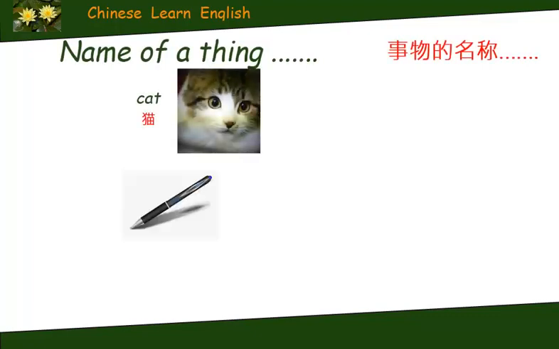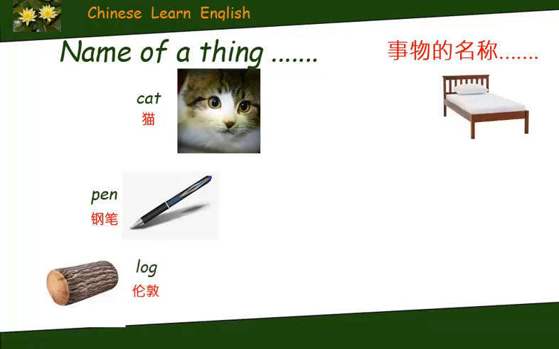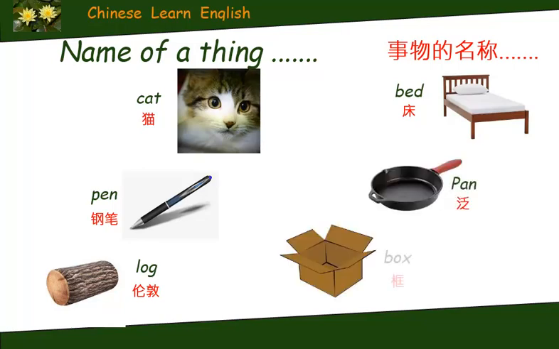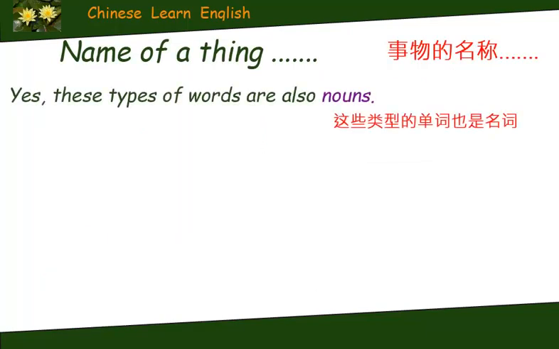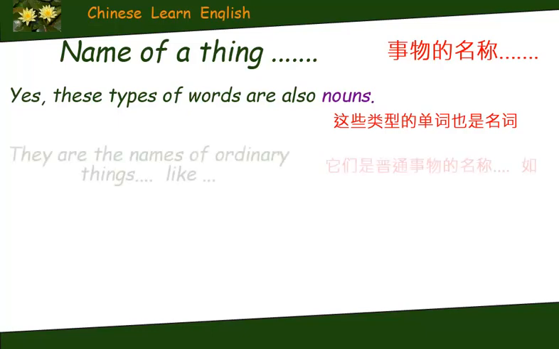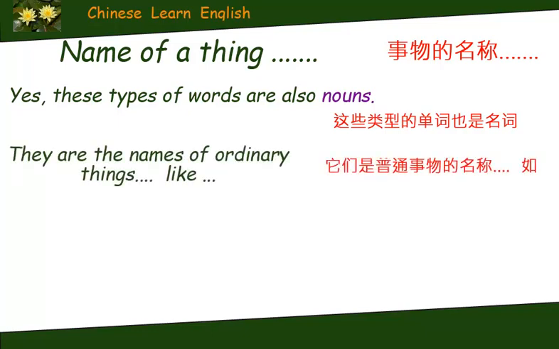Cat, pen, log, bed, pan, box. Yes, these types of words are also nouns. They are the names of ordinary things like cat,